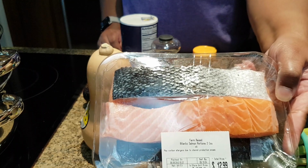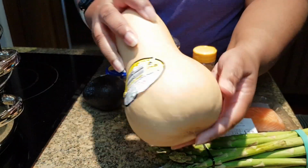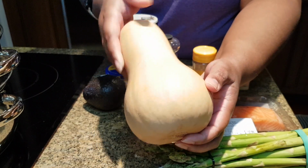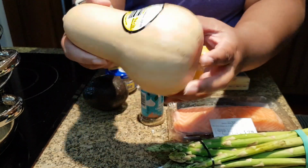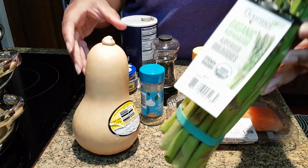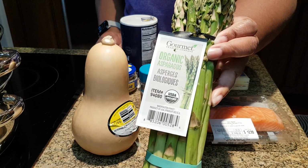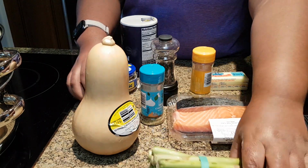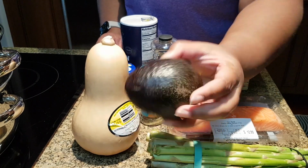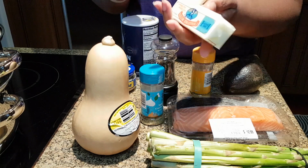I'm going to use some salmon. I got this from Whole Foods. I'm also going to use this butternut squash that came in my Misfits Market box. They send you food that's supposed to be ugly. It didn't look ugly to me and it was tasty, so there you go. I'm also going to use this asparagus that has been in my refrigerator for too long, and you'll see why in a few minutes. I'm also going to use this avocado that has been in my refrigerator for too long,